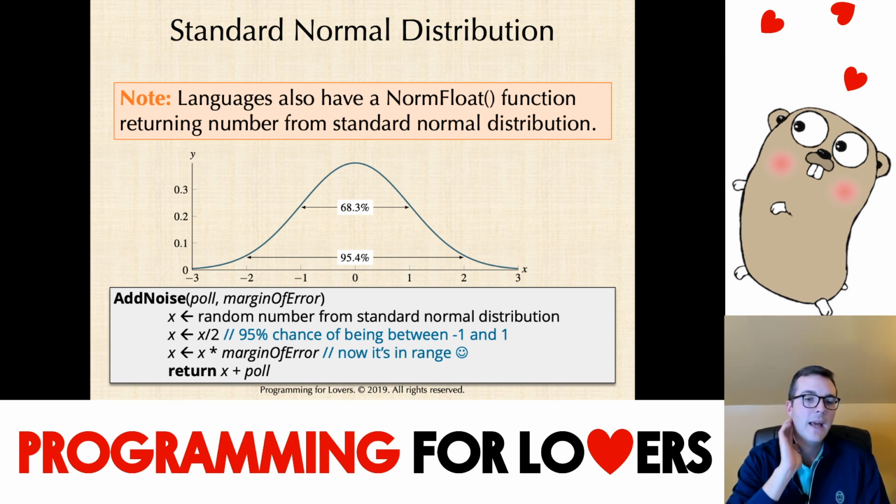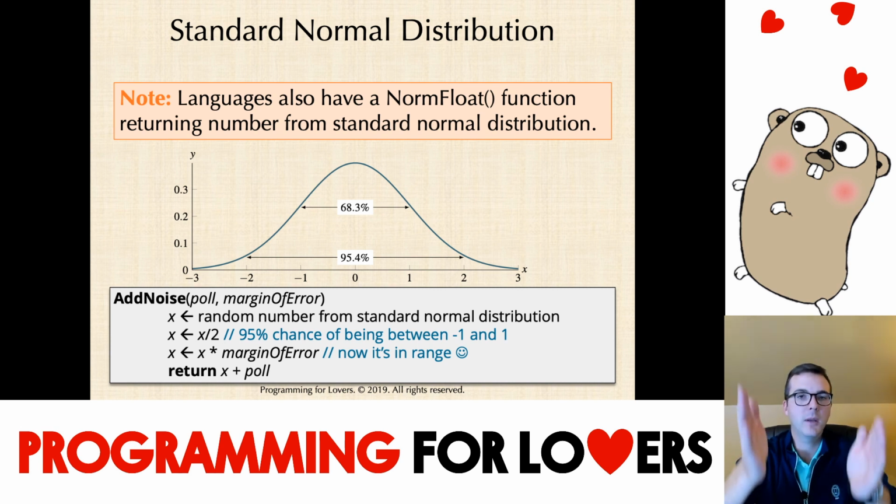We could divide it by 2, so that would give us, if the original number would have a 95% chance of being between negative 2 and 2, if we divide it by 2, that's going to give us a 95% chance of being between negative 1 and 1. And now I multiply that by the margin of error, and I have a 95% chance of being within negative margin of error and margin of error. So I go from -1 to 1 to negative margin of error to margin of error,